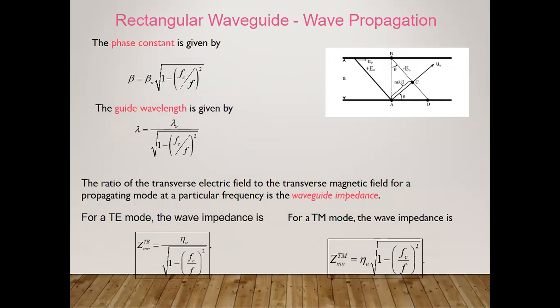See here the next parameter you can find in the rectangular waveguide, that is nothing but the phase constant beta. Here lambda, you can find easily the impedances at a particular mode, that is the TE mode wave impedance and the TM mode wave impedance. In both cases we are interested in the impedances of the m and n modes. By looking at whether it's a TE or TM mode, we can find the impedances easily by considering two major values, that is the operating frequency and the cutoff frequency.